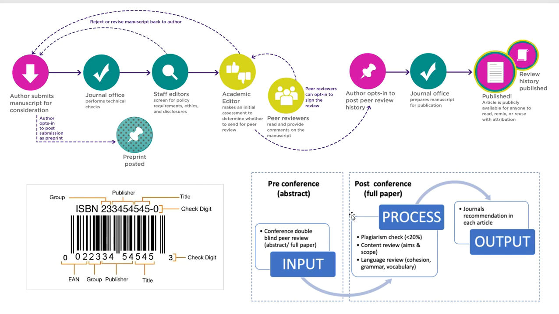Finally they give acceptance, then go to the post conference. That means they ask for the full paper or camera-ready paper. Then plagiarism is also checked. There are some cases of 30%, 20%, but they are also looking for below 10%, like 8%. And content review, aims, goals and objectives are also checked, along with log-based review, coherent grammar check, and vocabulary